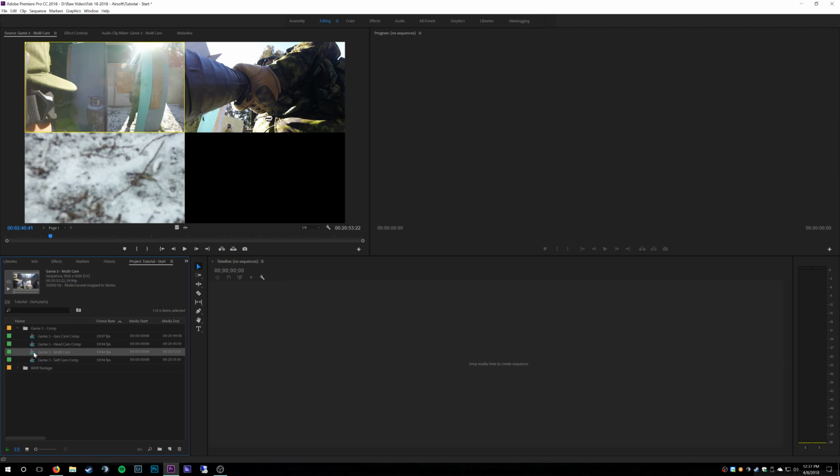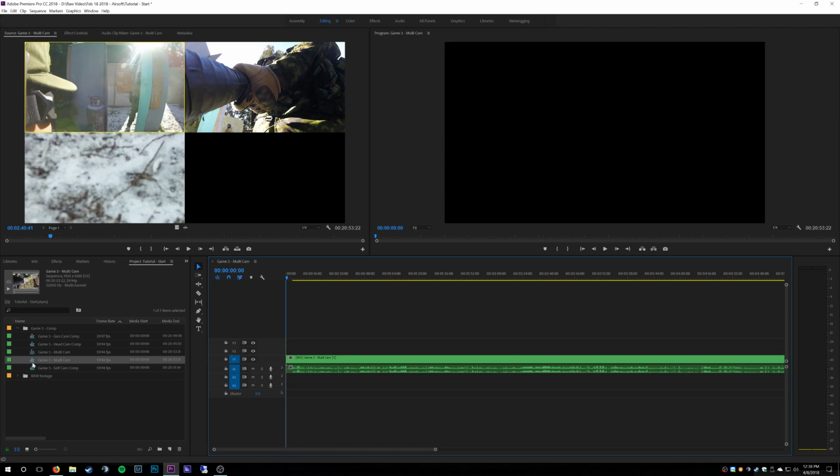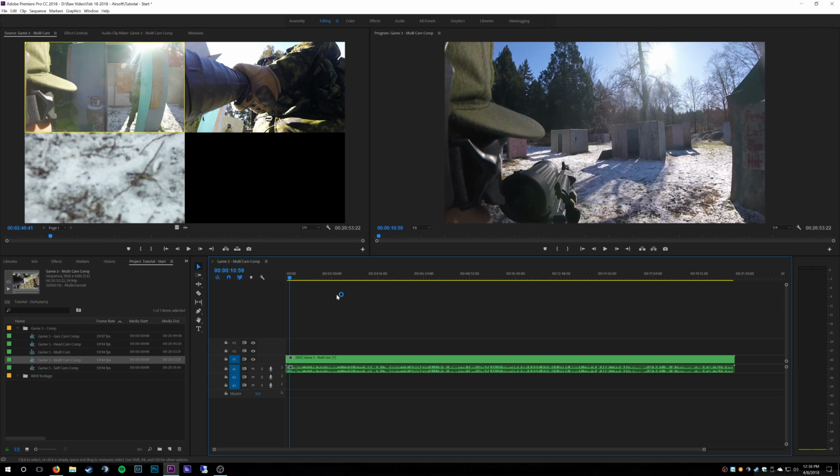So what we're going to do is create a new sequence out of this. We're going to drag this into the new sequence, or the new tile. There we go. And what that does is it will create a game 3 multicam sequence. So I'm just going to name this comp, because this is our composition that we're going to be working with. Alright, so there you go, multicam comp. And what that does is now we have where we left off at the very beginning of this video, this sequence right here. But right now, if we just minimize this over here,